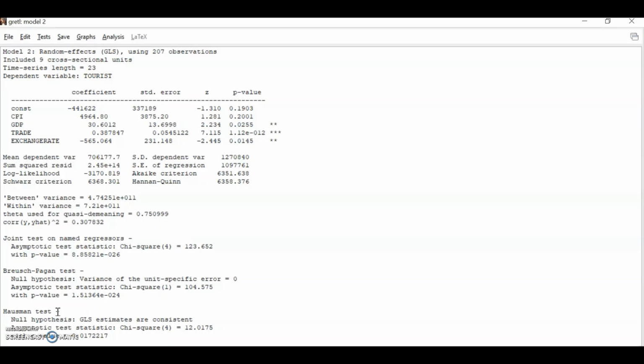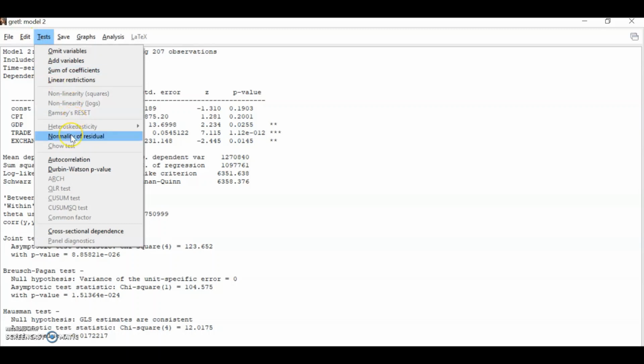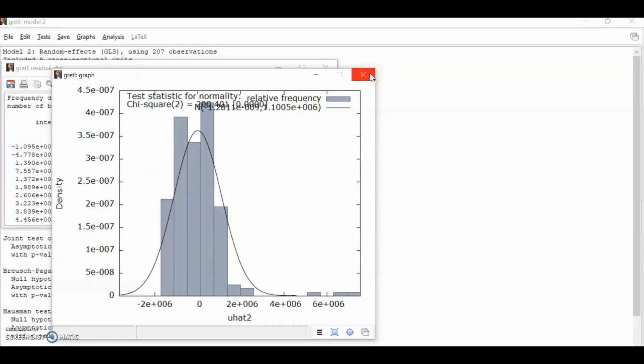Remember, in the fixed effects model, we assume that the differences across the cross-sectional units, or the variation across the cross-sectional entities, is fixed. They are not random. A number of diagnostic tests that we can use are the normality, autocorrelation, as well as cross-sectional dependence tests. Based on the normality of the residual,